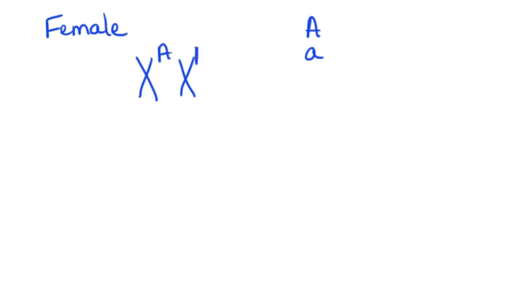So if we talk about the female situation first in a little more detail, the female has 2 X's there. And if we have a gene that has 2 alleles present, a capital and a lowercase, so a dominant and a recessive, we could have a female that has 2 copies of the big A, and I'm going to write it right there on the X so that we can keep in mind that this is a gene that's located on the X chromosome. So that right there would be what we would refer to as homozygous dominant,